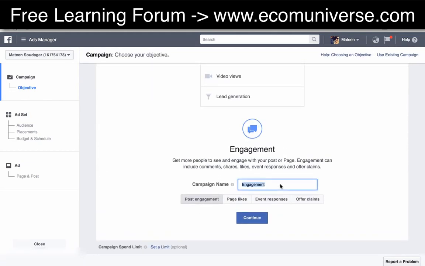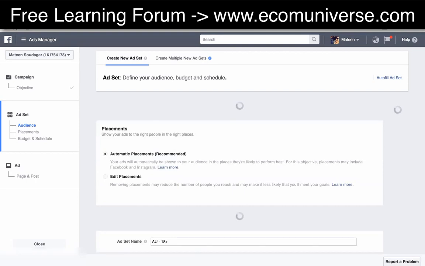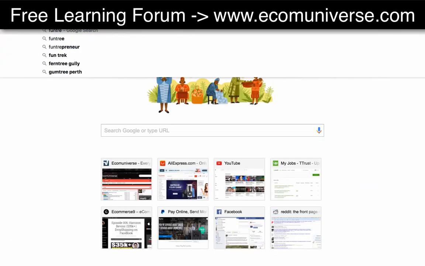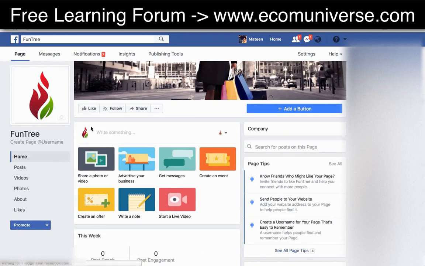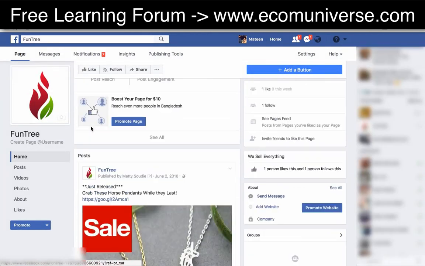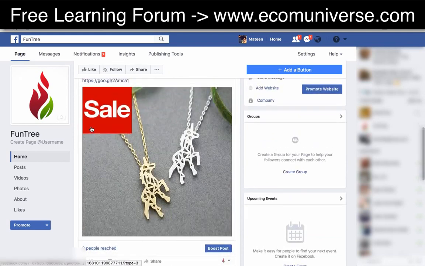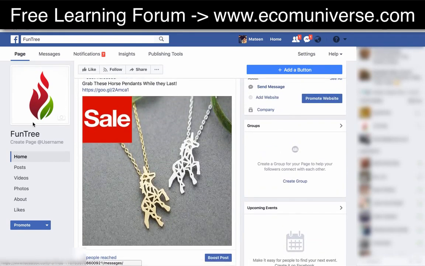So let's just say that we're selling a horse necklace, and we want post engagement. Click continue, and I'm going to open up my page. This is my dummy Facebook page that I use just to show people what to do. You can add a Facebook ad as a post, and then you can promote that post. So this is basically the size of the image that I use, a nice clear image of the product, and a square. It's usually 600 by 600. So if you were to screenshot that,